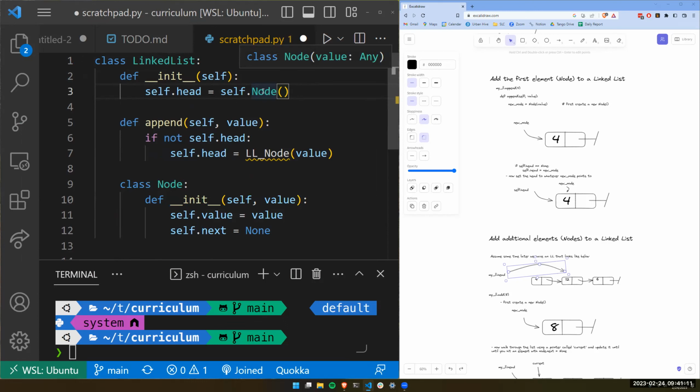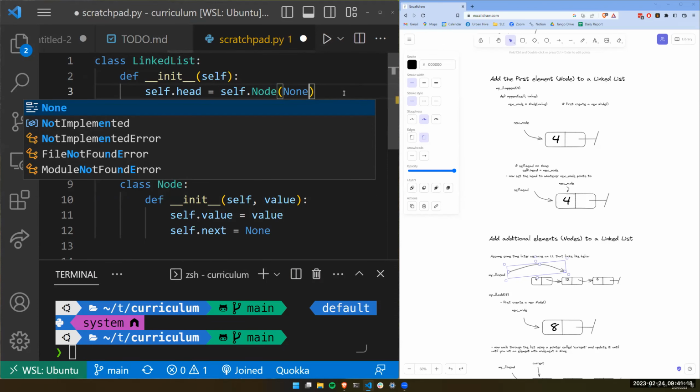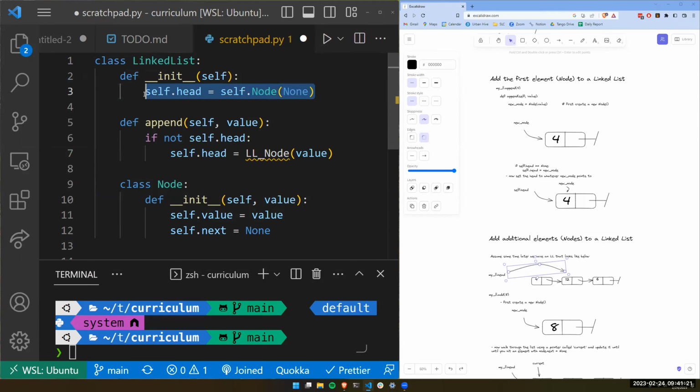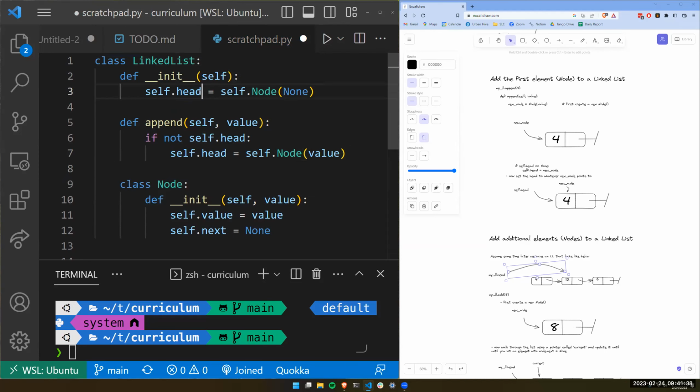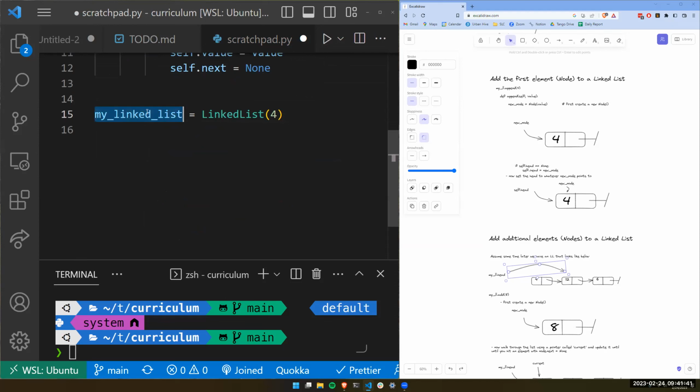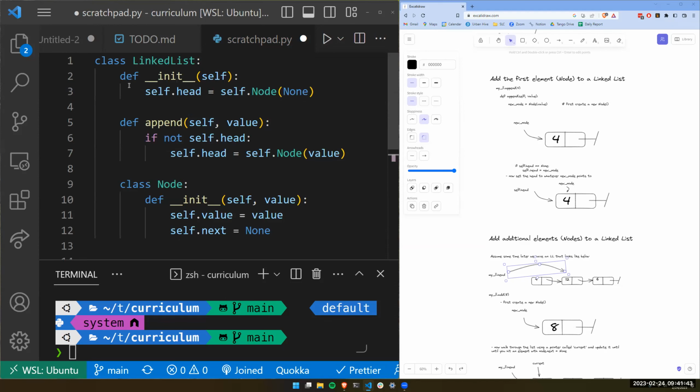And when I make a node, I have to give it a value. So I'll give it a value that represents like nothing, like none. And then this is going to return me what we call the sentinel node. So we always have access to self.head. And then when we append, so basically, I don't know if this is a better approach to you, but this way of doing it means that basically we always have at least, you know, when we're dealing with my linked list is going to point to, I guess this isn't necessarily better than what I was doing before, but